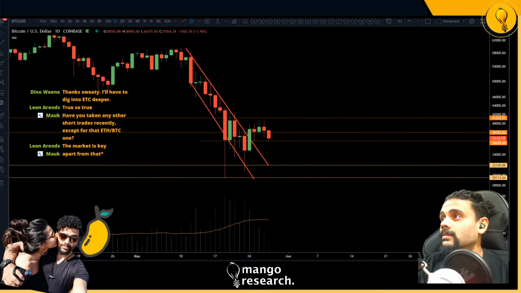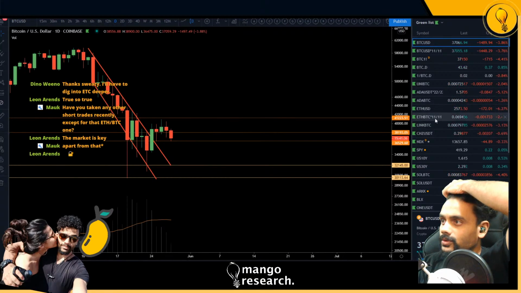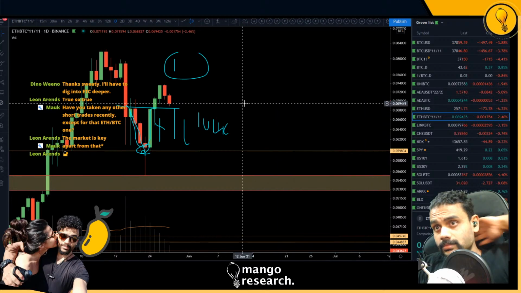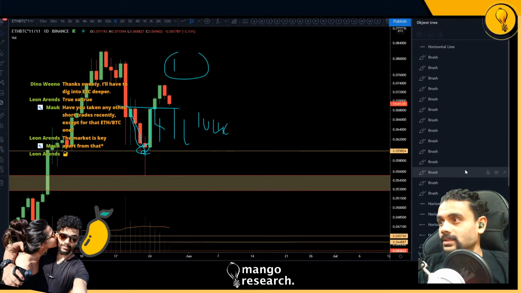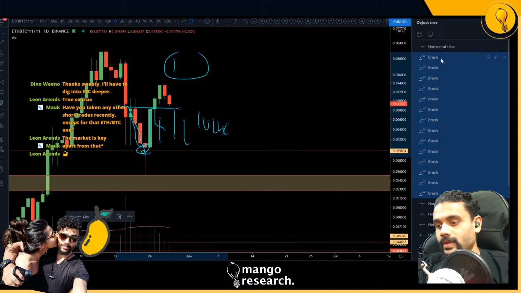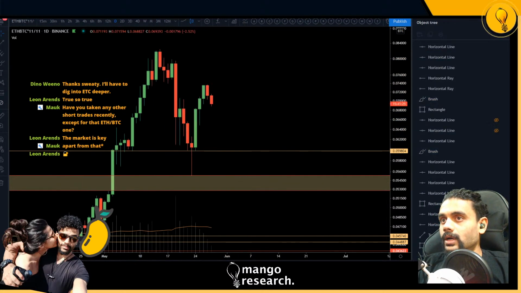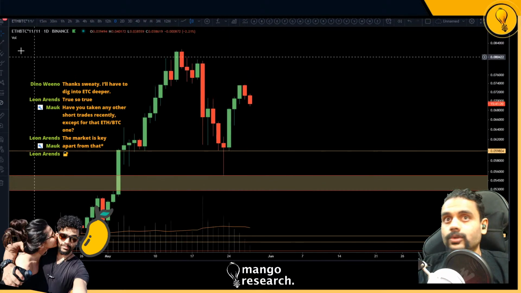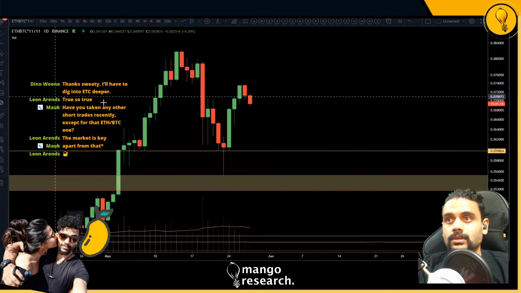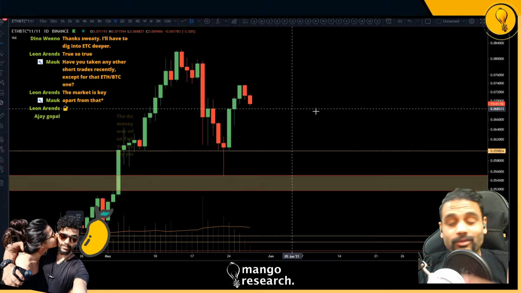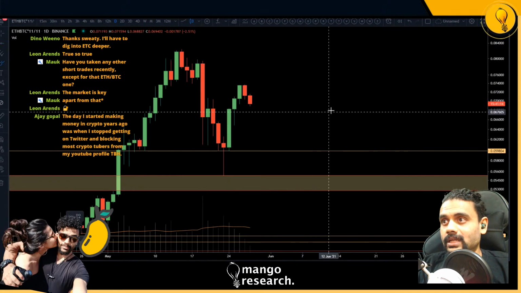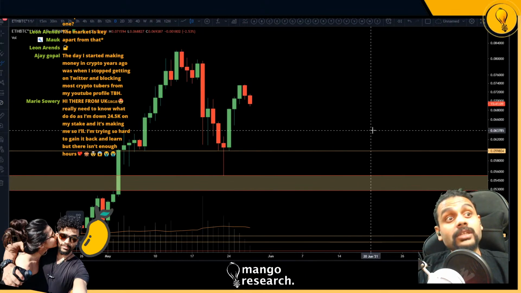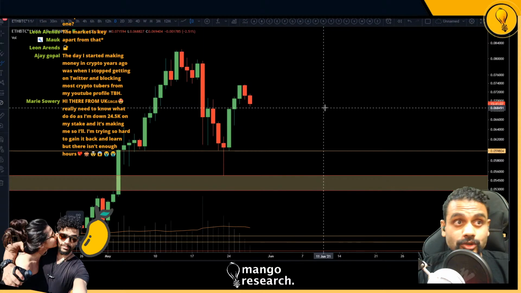Okay, I was supposed to give you guys an overview, a recap on my short trade on ETH BTC, right? Damn, this chart's a mess. So I essentially took 3 shots on ETH. I won 2, lost 1. This is an example of how you don't concern yourself with winning every single trade. You just keep taking every single trade until you're invalidated, and then you move on to the next opportunity.